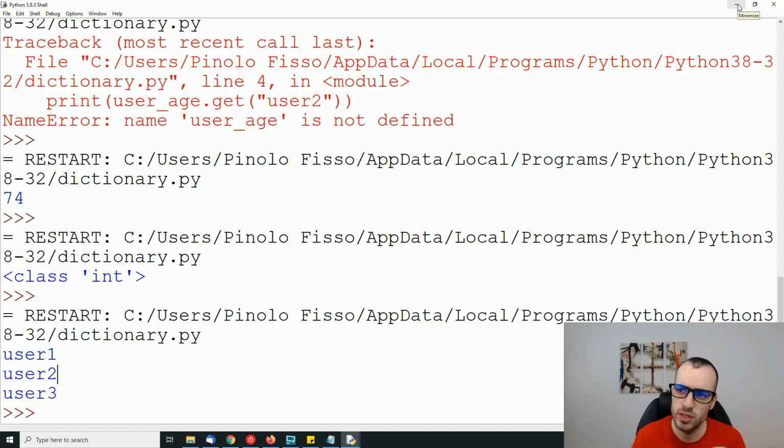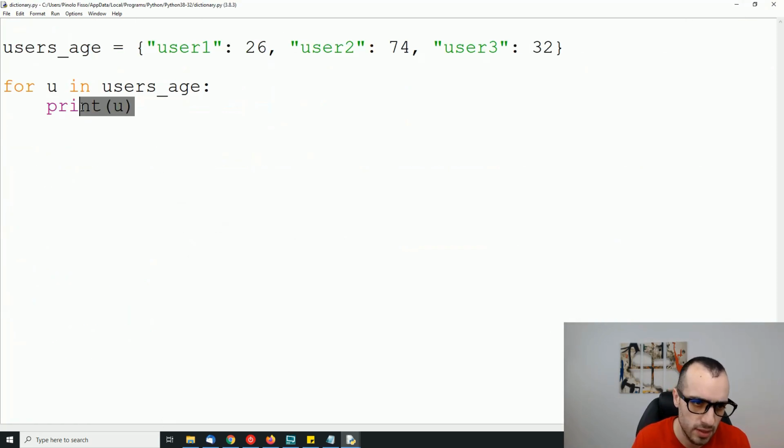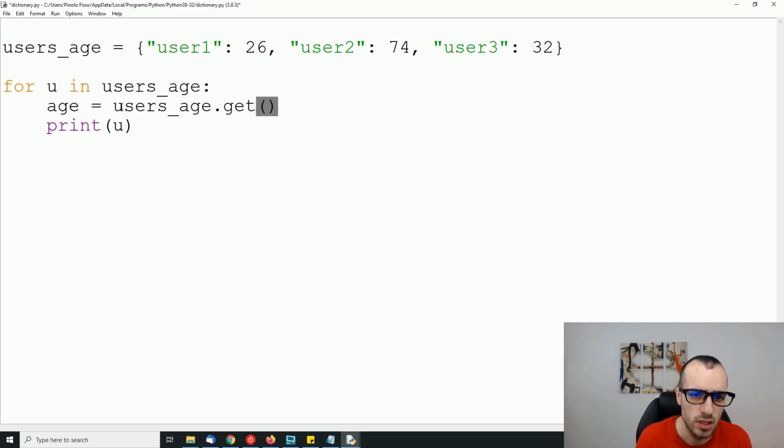And we can print the user with the age now. So u is the name. So let's also get the age. So age equals, to get the age we need to get from the dictionary users age dot get, and here we have to put the name to get the age. So if we put user 1, we will get 26, user 2 74. As we are in a loop, our user is u,